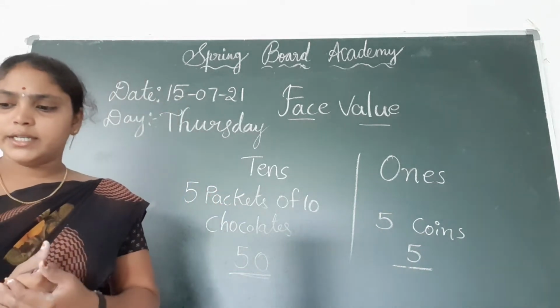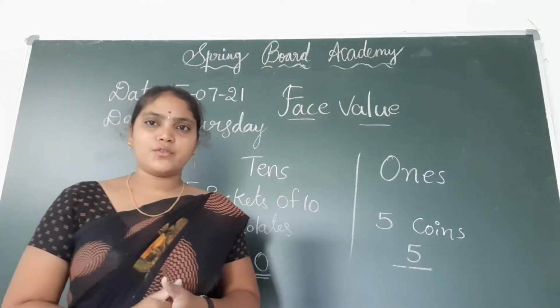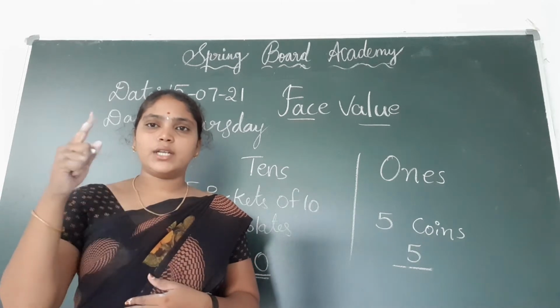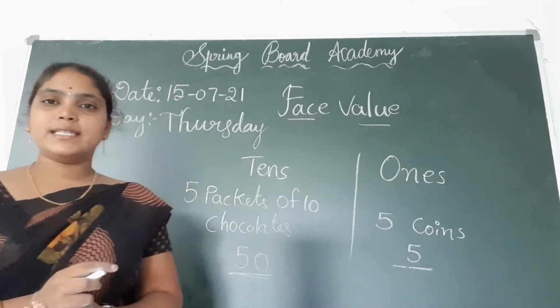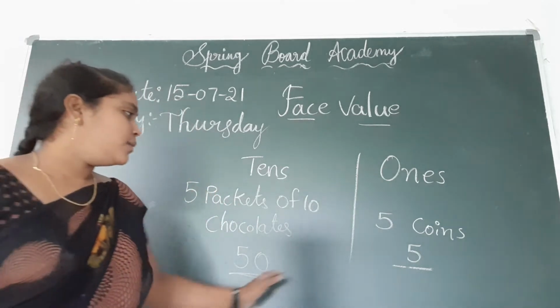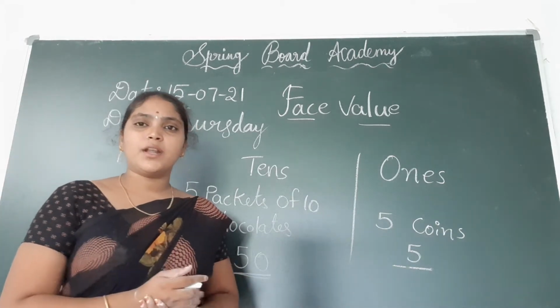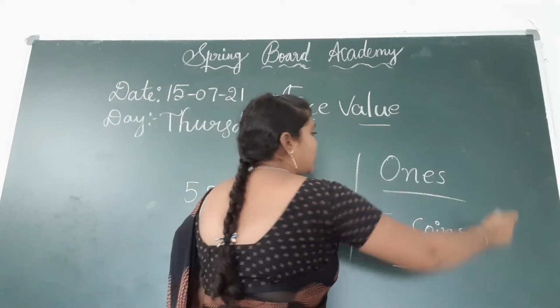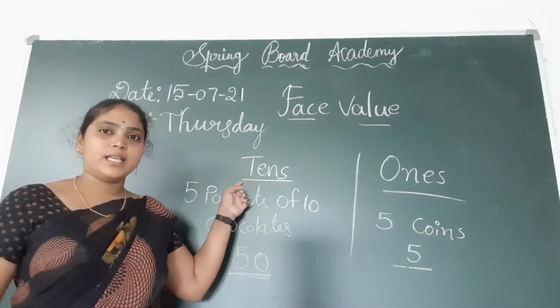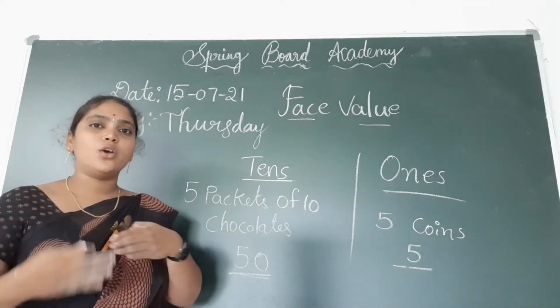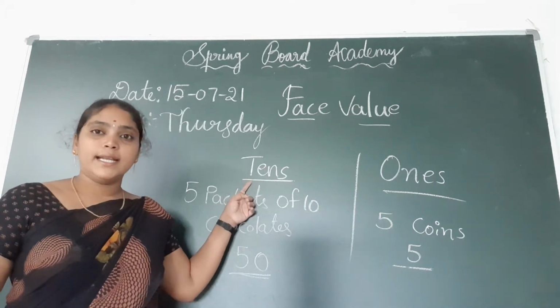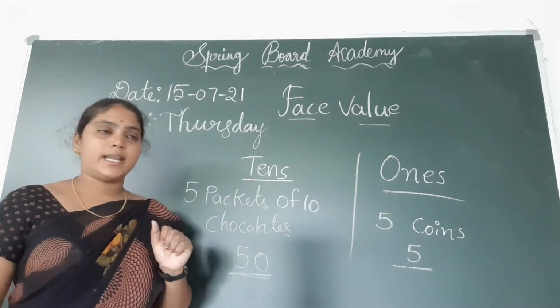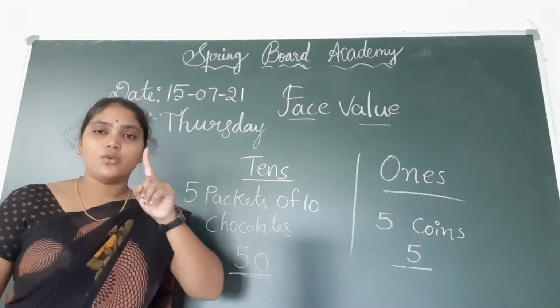So here, did both of them get the same number of chocolates? No. You have to tick the option no. Why? Discuss with your teacher. Why did both of them not get the same number of chocolates, children? Here this is the tens machine and this is the ones machine. If one coin is put in the tens machine, it gives 10 chocolates at a time. But the ones machine gives only 1 chocolate.